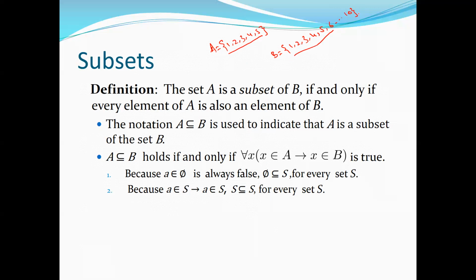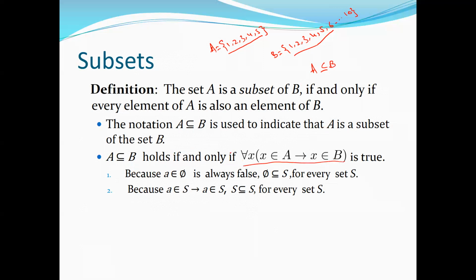And there may be some other members in set B as well, right? So set A is a subset of B if and only if every element of A is also an element of B. The notation to represent the subset is this one, right? So we say that A is a subset of B, is used to indicate that A is a subset of set B. So A is a subset of B holds if and only if this condition is true only when